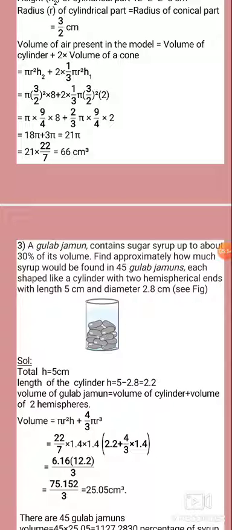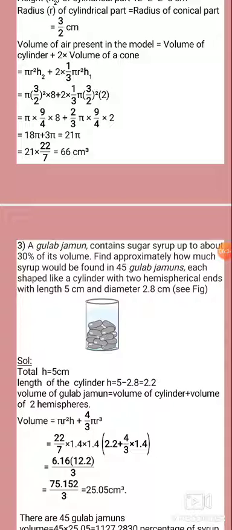So 4 by 3, when you take common factor pi into 1.4 into 1.4, remaining the first term having what? 2.2, actually. Then 4 by 3 into pi, take common, then radius square we take it outside, remaining only one radius, that is 1.4 is there. Now cancel 1.4 and 7.2, multiply all the other, 6.16. Now cross multiply, 2.2 into 3, 6.6, plus 4 into 1.4, multiply it, and the whole divided by 3.